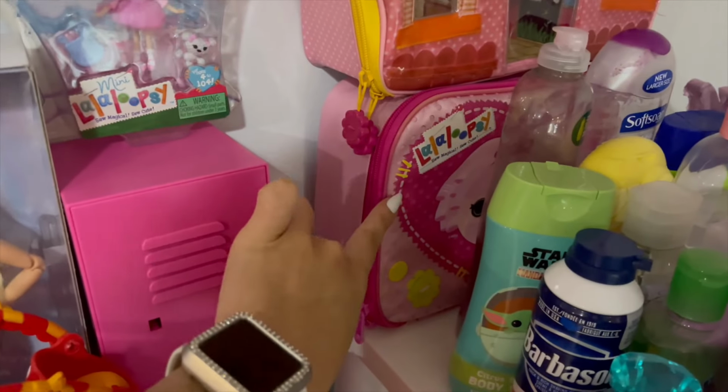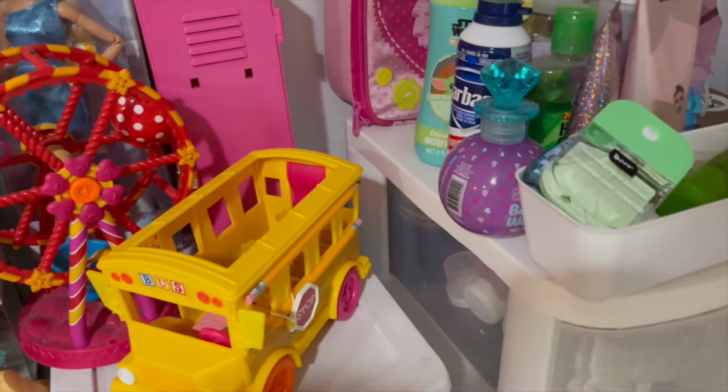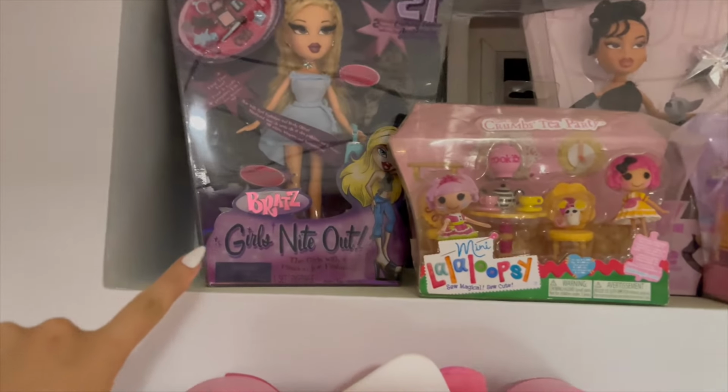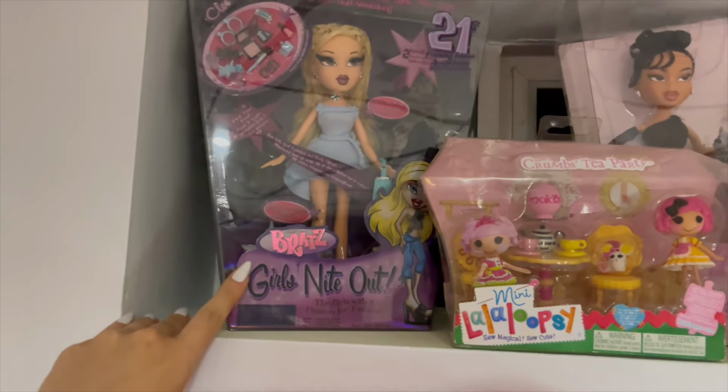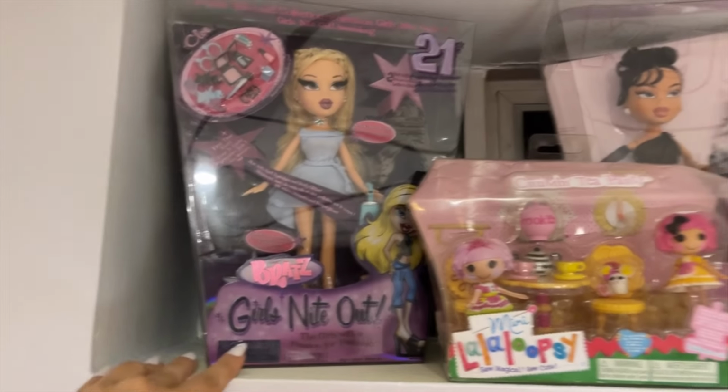I have this lunchbox I had when I was younger, I found on Mercari. You can tell I love Mercari so much, I've been talking about it the whole video. But over here is more stuff. I got this from, I believe, Facebook Marketplace. It's a Bratz doll. I just turned 21 in April, so I had to get her for Chloe, and then